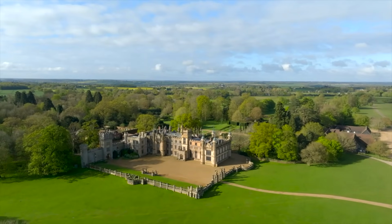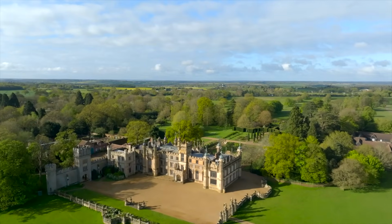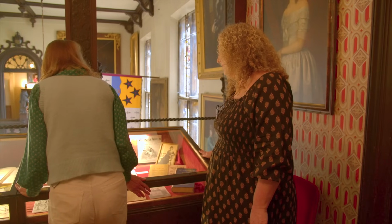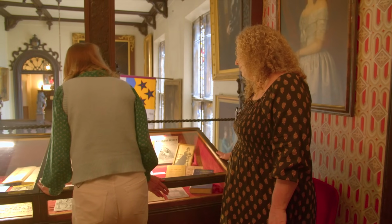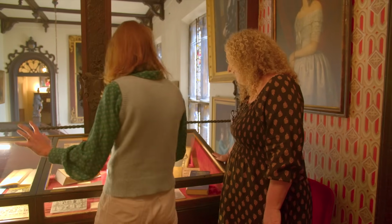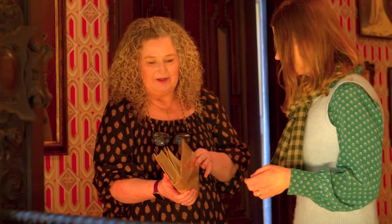Lady Constance continued to work for the suffragette movement and was arrested a 4th time, but it took its toll and she never fully regained her health. After suffering a stroke, determined to record her experiences, she wrote a book. Prisons and Prisoners, Some Personal Experiences by Constance Lytton and Jane Wharton, spinster. Yes. I love that. And this copy actually she gave to her mother, Edith. Okay. And it's got a lovely